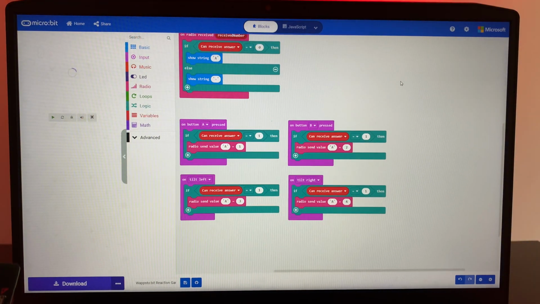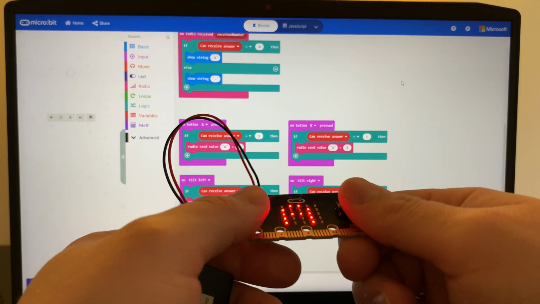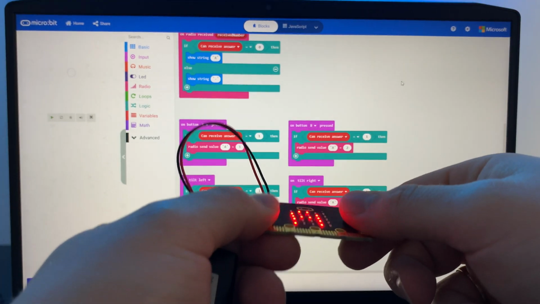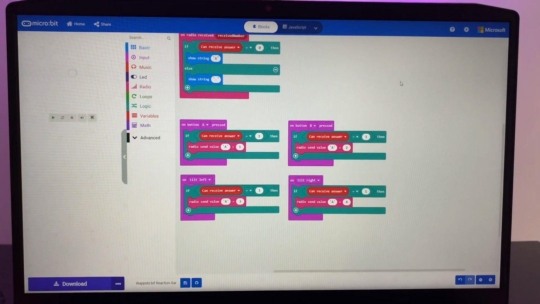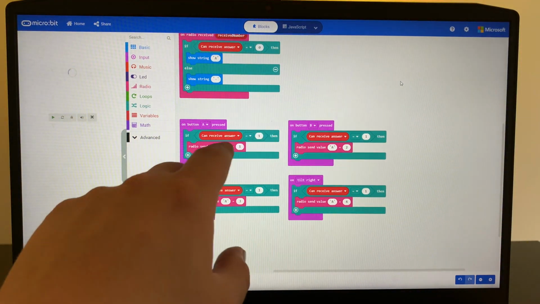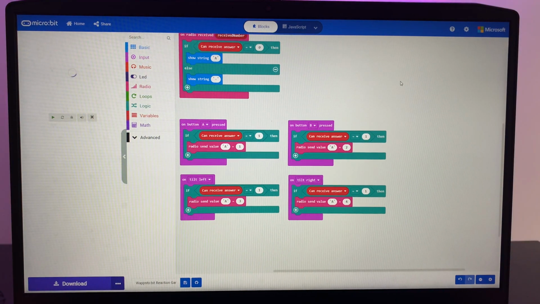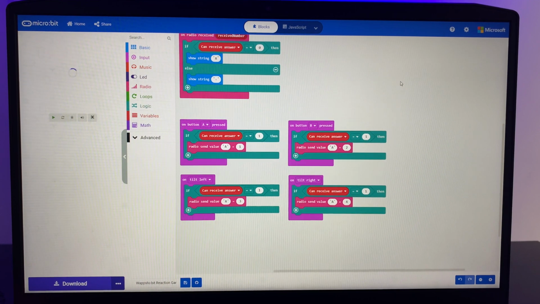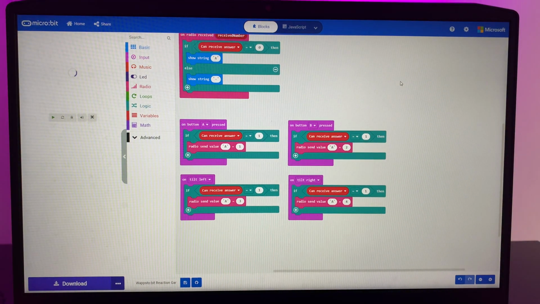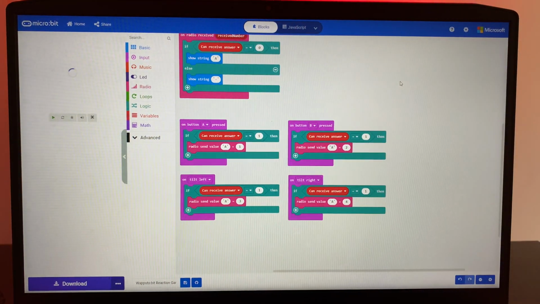For the controllers, we have 4 actions. Press button A for 1, B for 2, tilt left for 3, and tilt right for 4. All of which can only be sent if can receive answer equals 1. So if you press A, but can receive answer is 0, nothing will be transmitted. The same exact code is used for player B, only all of the values will be B instead.